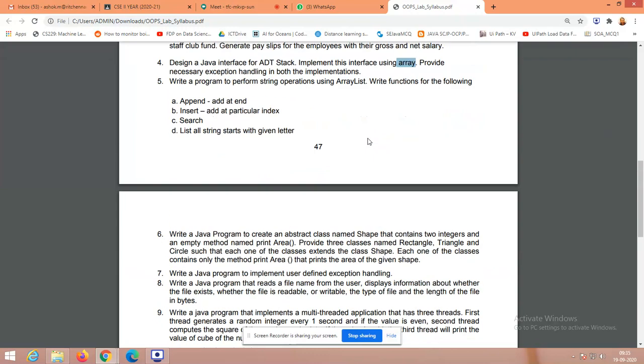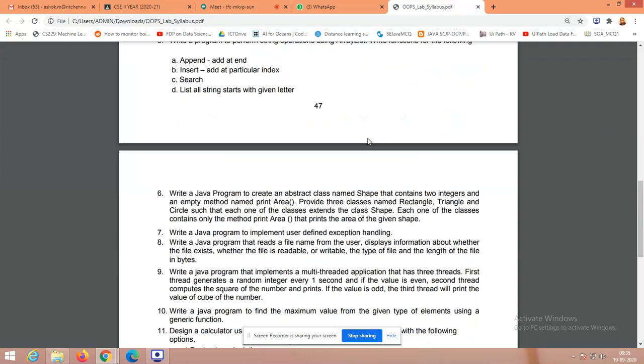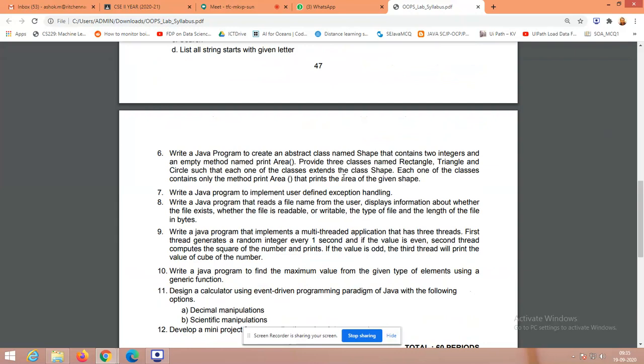And after this, I think I have given you the thing. The sixth one is very easy. I think we have demonstrated this during our lecture itself. Polymorphism: I think Shamini ma'am has given this program as an orientation for you in the class itself. It's a very easy one to simulate. Here you have to use inheritance along with polymorphism, for a shape that contains two integers.